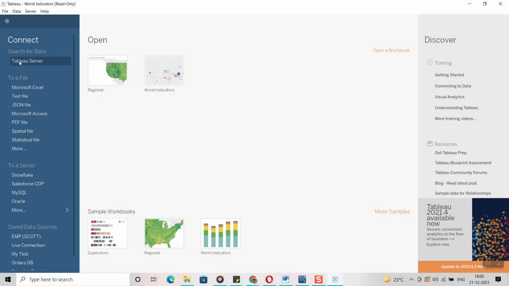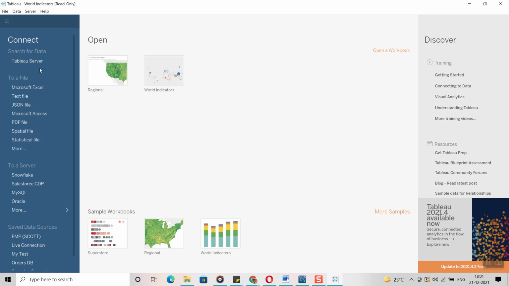For example, I have already created a data source and published it to Tableau Server. Now, using the same data source, I want to create another report. Then I use this option to connect to the data source already available in Tableau Server. Once we see these options, you will come to know exactly what it means, but don't worry about it. I will explain later.